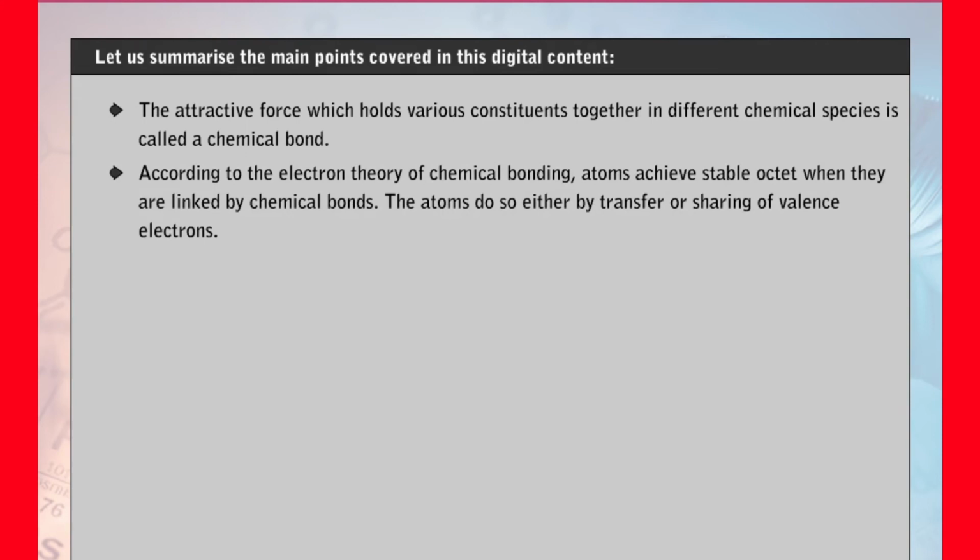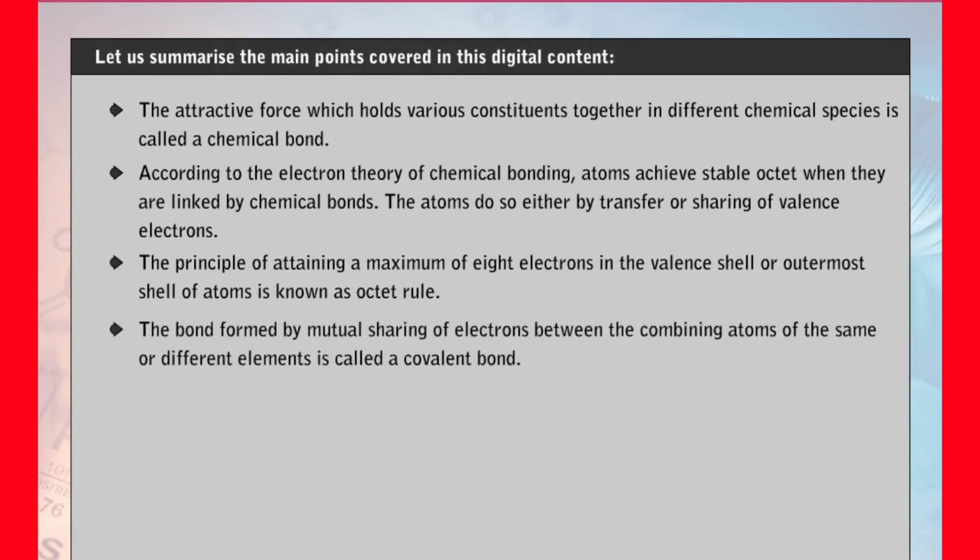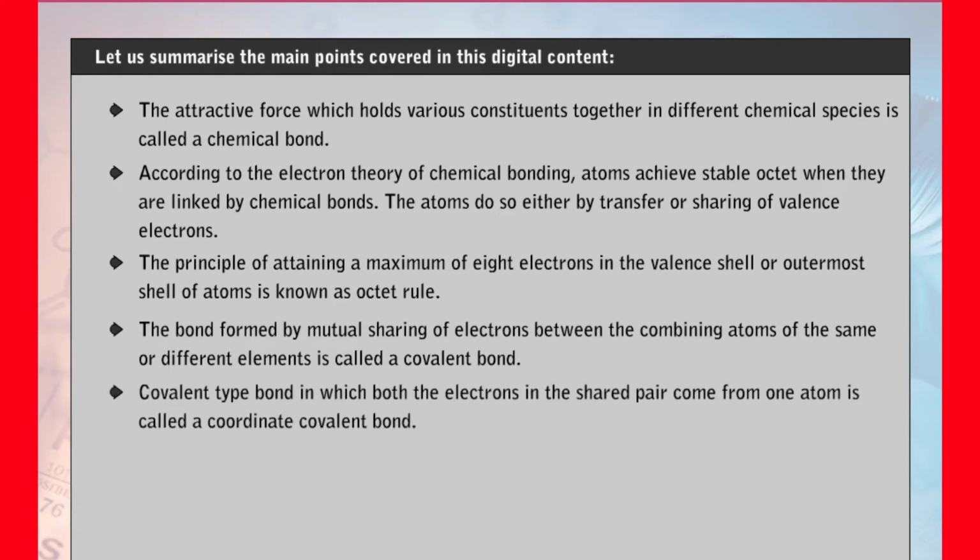The atoms do so either by transfer or sharing of valence electrons. The principle of attaining a maximum of 8 electrons in the valence shell or outermost shell of atoms is known as the octet rule. The bond formed by mutual sharing of electrons between the combining atoms of the same or different elements is called a covalent bond. Covalent type